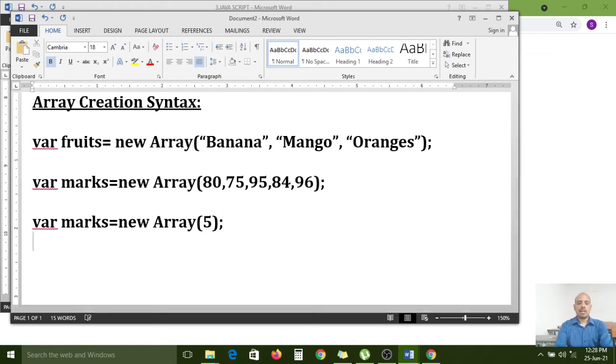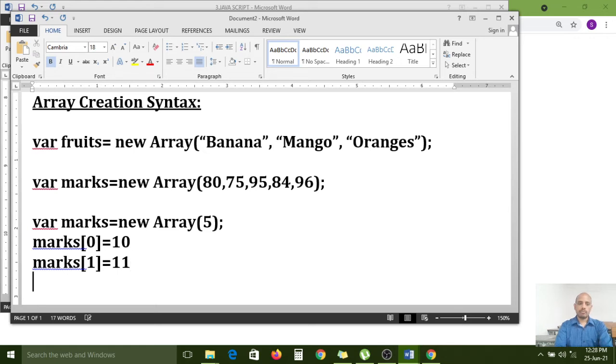After that, if you want to add the data, marks square bracket 0 is the index. Now I am storing 5 elements for this marks array. 10 is the value. Again, marks first index starts with 0, like that.